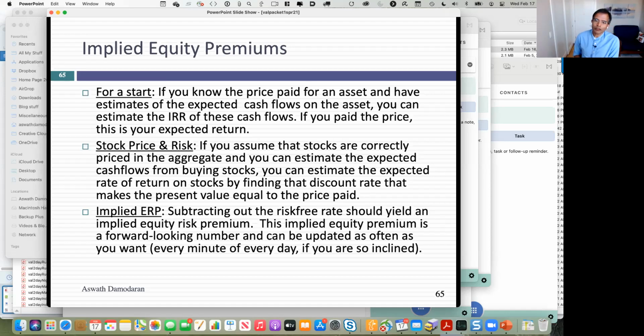So about 30 years ago, I started thinking about an alternative to historical risk premiums. I said, I don't like it, but I need something to replace it because without something, people are going to go back to the past. So I said, can I take what I do in the bond market and apply it in stocks? In other words, the way I compute yield to maturity is I take the price of the bond, the cash flows, and I solve for an IRR. Can I do that with stocks? And my reaction was, why not?